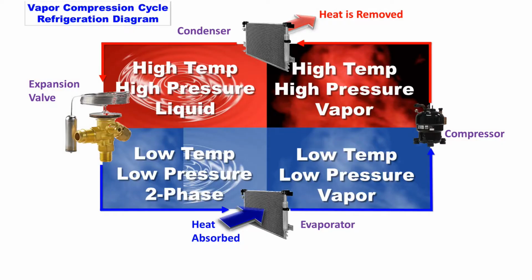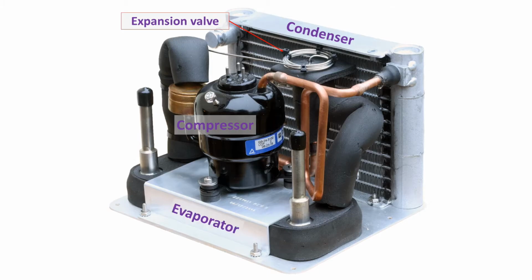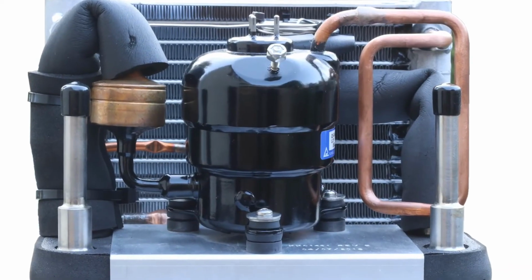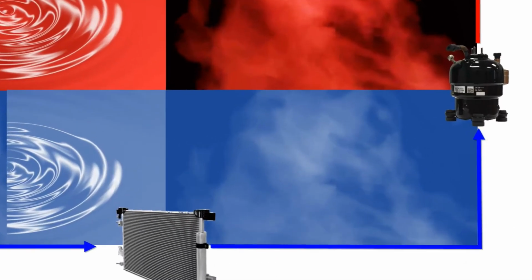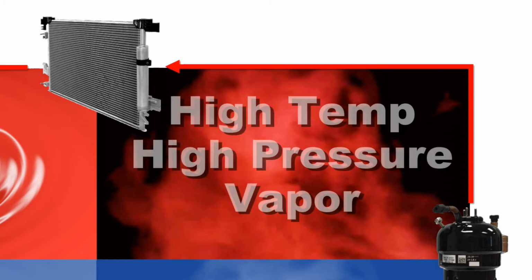Vapor compression cycle refrigeration is a process which uses the physics of phase change heat transfer. The components of the base refrigeration system are the compressor, condenser, expansion valve, and evaporator. The heart of the system is the compressor. The compressor takes in a low temperature, low pressure refrigerant vapor and compresses it into a high temperature, high pressure